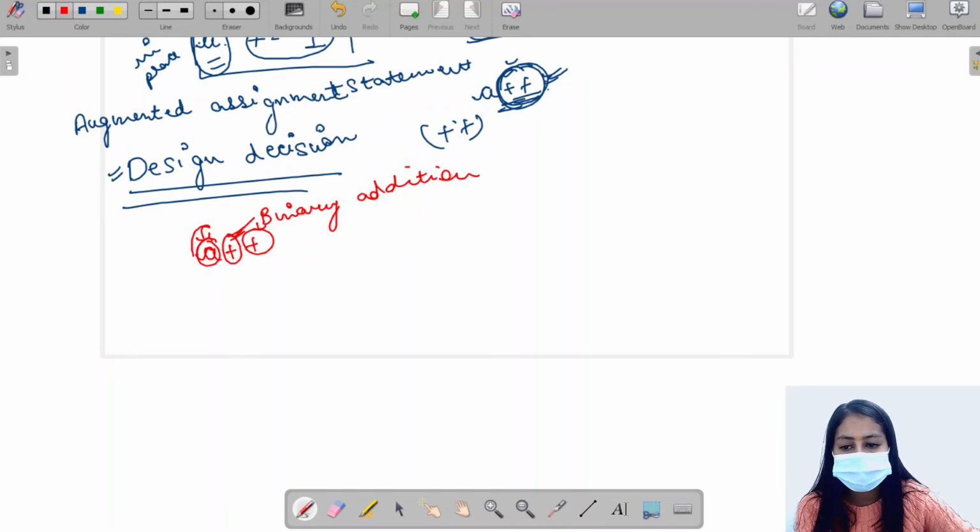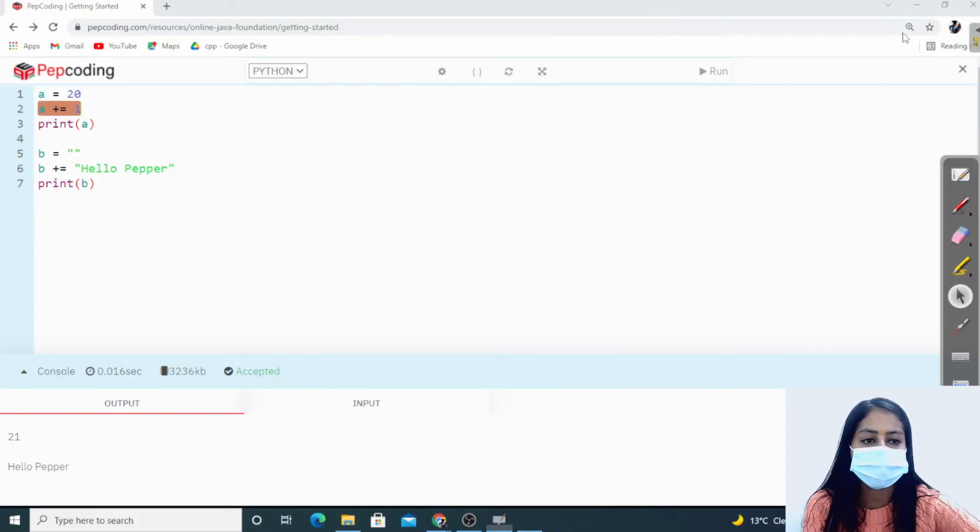So when it finds an operand on the left-hand side and then a binary addition, it expects an operand, a variable or a number, on the right-hand side also. But when it finds another operator there, it will give an error.